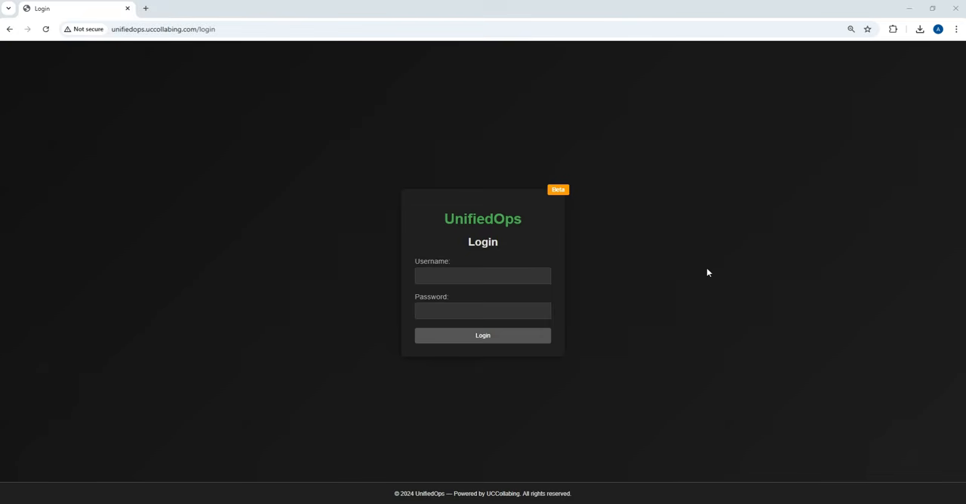Hello everyone. Today I'm going to introduce you to a new tool called UnifiedOps. This particular tool is in beta version at this time, and is currently not for sale at this